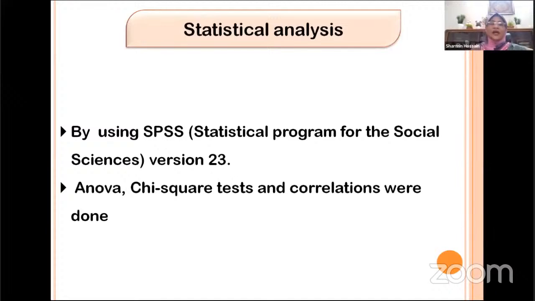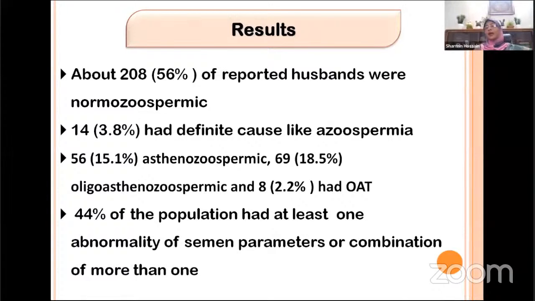Statistical analysis was done using SPSS version 23. ANOVA, chi-square test, and correlations were done. After the study, the results showed that 56% of reported husbands were normozoospermic, and 44% of them had at least one abnormality of semen parameters or a combination of more of them. Out of these 44%, 3.8% had a definite cause like azoospermia, 15% asthenozoospermia,